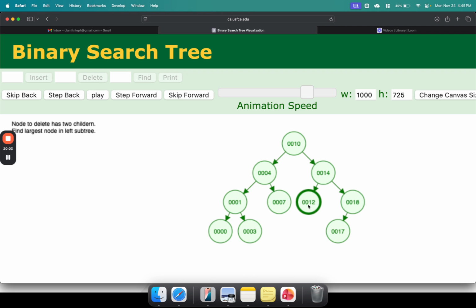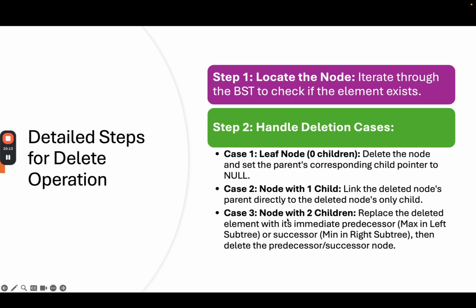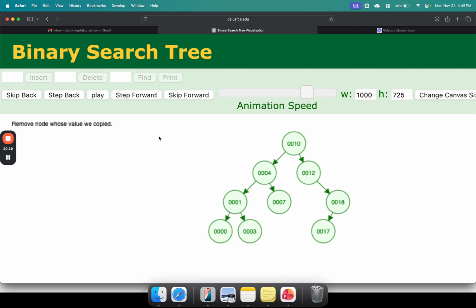Because 12 does not have any more children, I will just overwrite 14 and then delete. So be careful with the instructions in terms of deleting elements. Those are the most basic operations we have for a binary search tree.